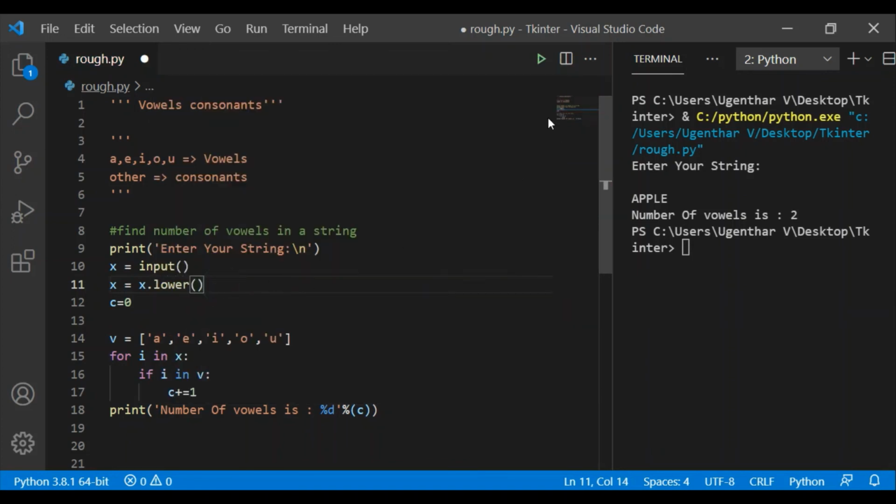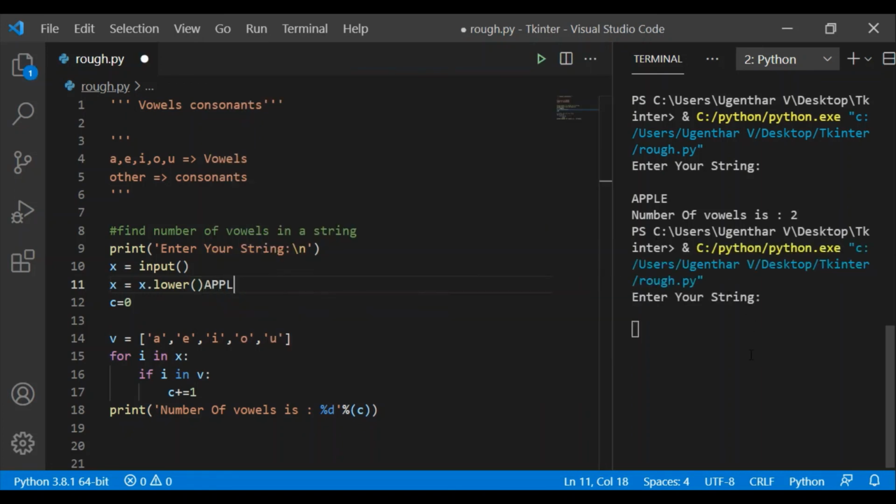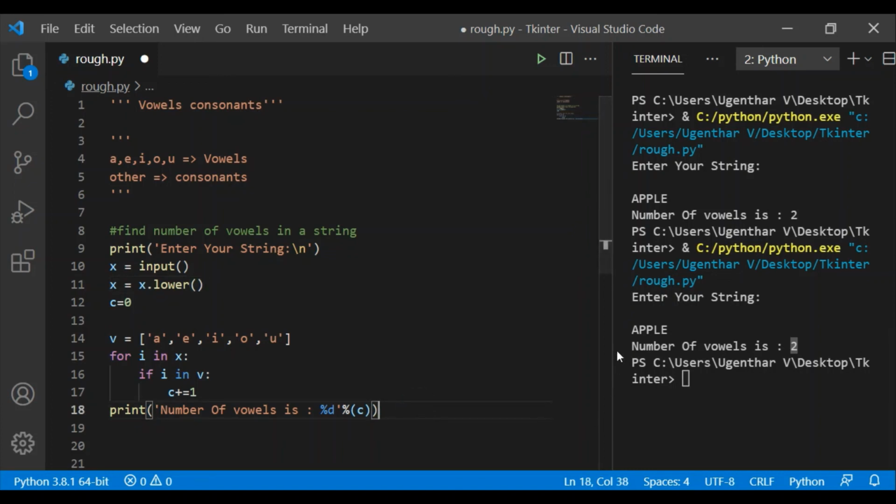Now let me run again. I'm typing here. Yes, now it works fine. By doing these two ways, you can eliminate the error we got before.